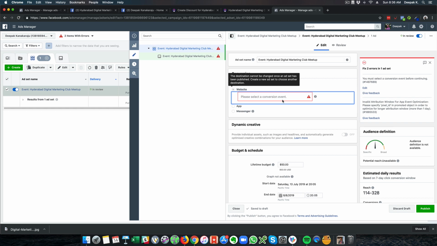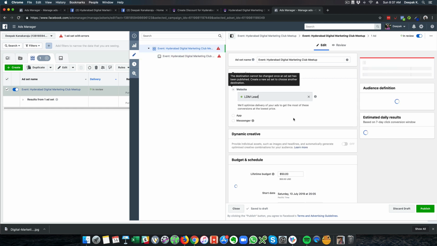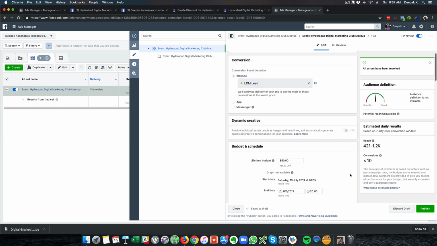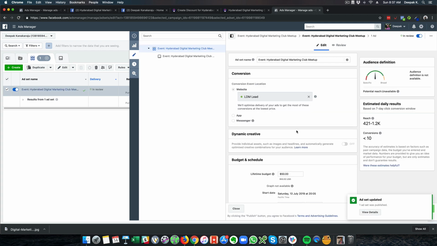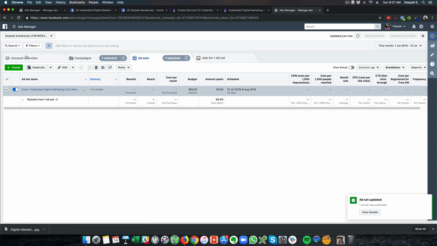I'm not sure why this is taking it as a conversion optimized ad for an event ad. Might be a little bit of a problem with Facebook ads. Anyway, it shouldn't necessarily affect selecting something here. It will not affect the ad.